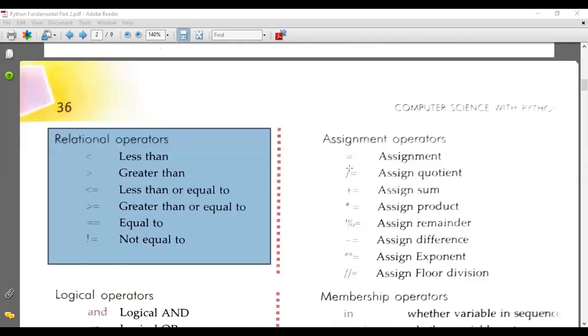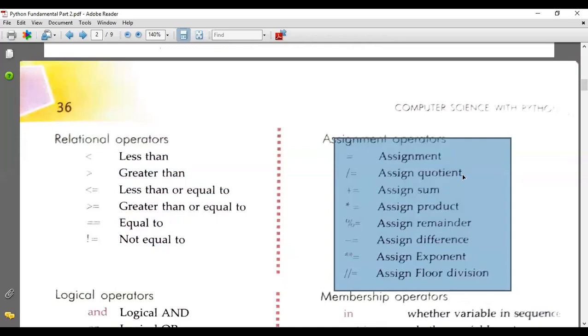Next, similarly we have more assignment operators like assign quotient, assign sum, assign product, assign remainder. These all are assignment operators. The divide sign is given with the assignment, so it is called assign quotient. The plus sign with the assignment operator is assign sum.